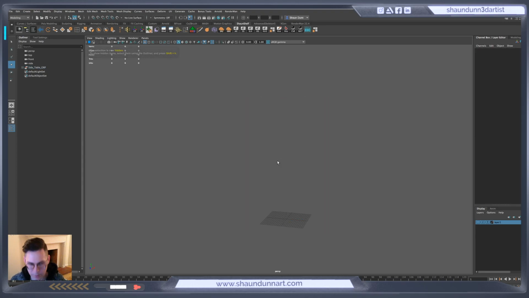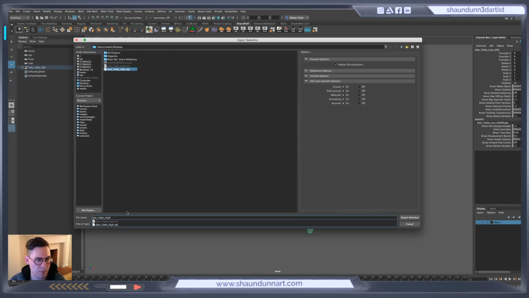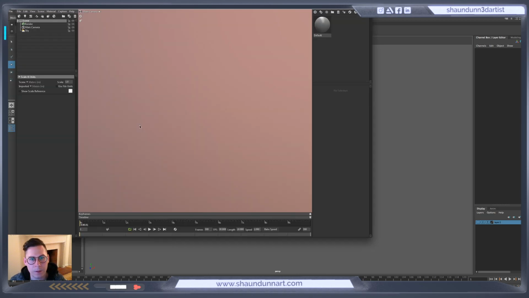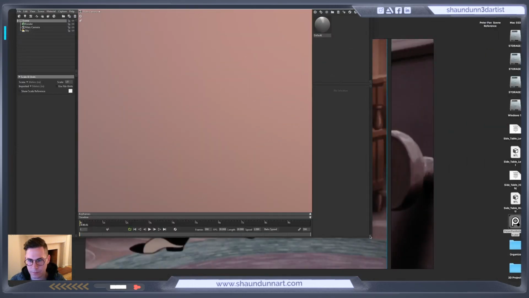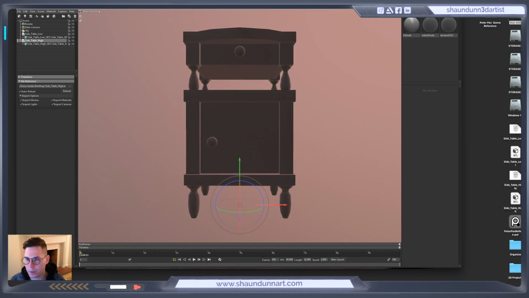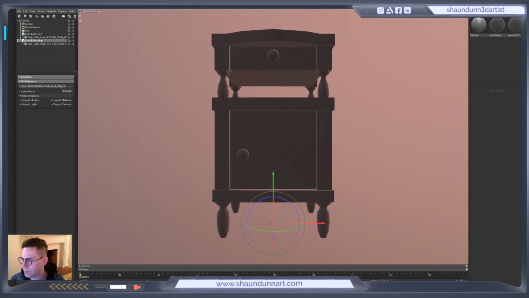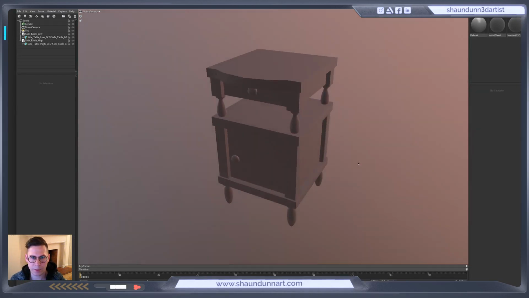Let's grab this one. We're going to, oops. Grab, export again, and we're going to call this one low, and there we go. All right, let's see here. All right, and in Marmoset, I'm just going to drag in these two. See if it's working properly. Here we go. All right, so I've got this open in Marmoset,